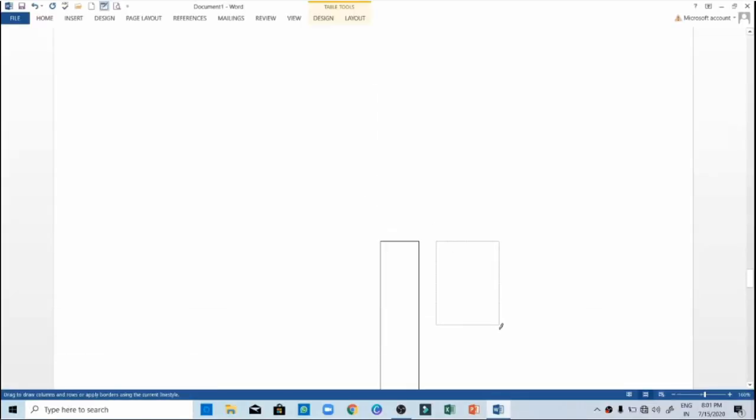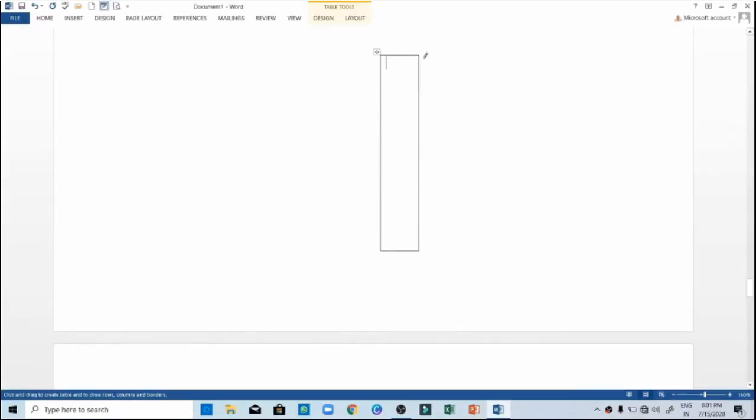But see, when you have selected the draw table option, the cursor has changed to a pencil icon. That is the difference between the other two and the draw table option. Now on your own you can design the tables, rows, columns according to your choice.